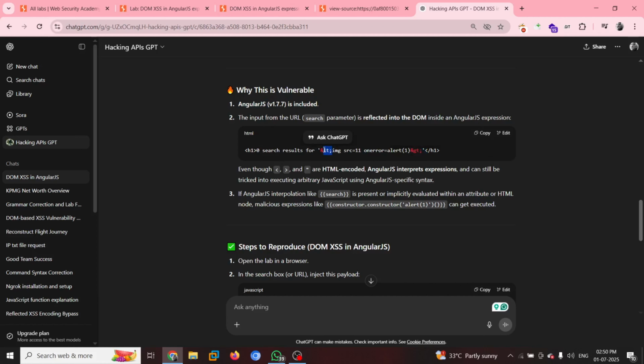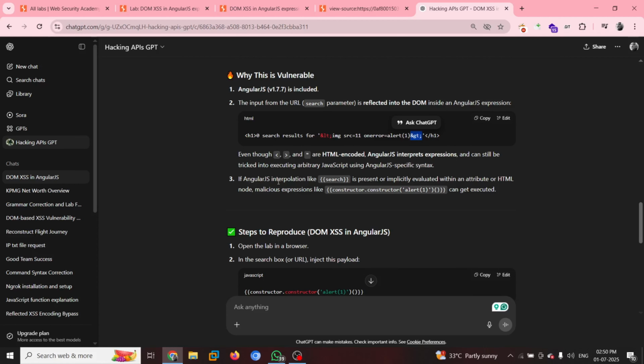Even though these tags are HTML encoded, AngularJS interprets expressions and can still be tricked into executing arbitrary JavaScript using AngularJS-specific syntax. If AngularJS interpolation like this is present in the attribute or HTML, this is how the code can get executed.